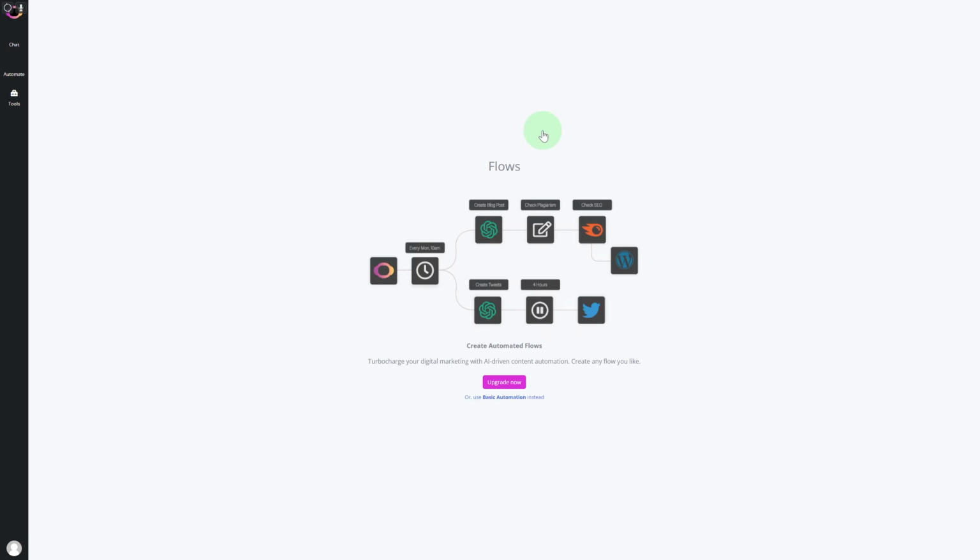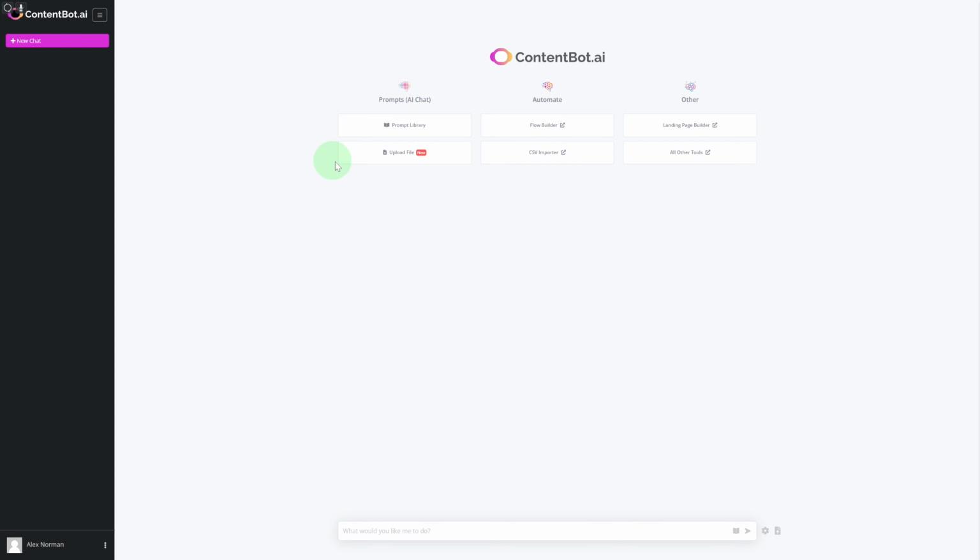So those guys who are used to Zapier, which is an automation workflow tool, are going to be really loving this feature because it provides you an automation integrated with various different aspects, like for example SEMrush, WordPress, Twitter, and ChatGPT as well. So now if you head back, you will be able to see on the dashboard some of